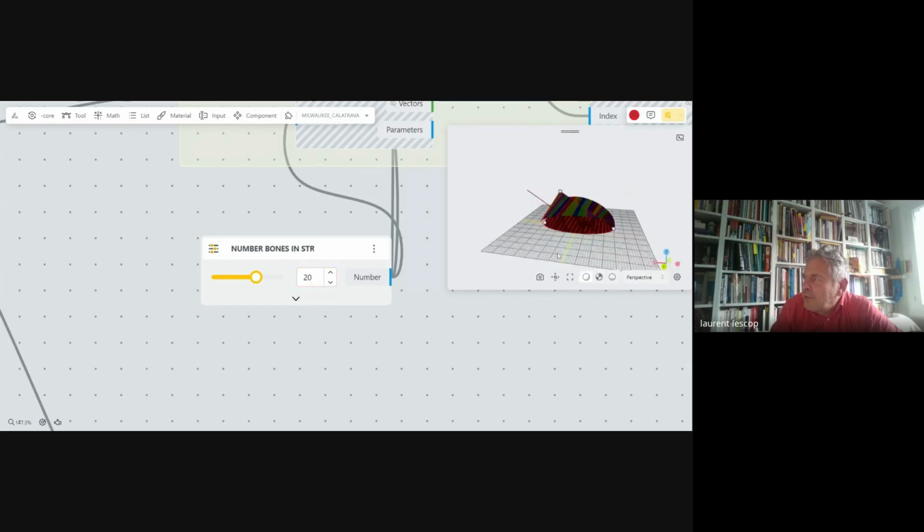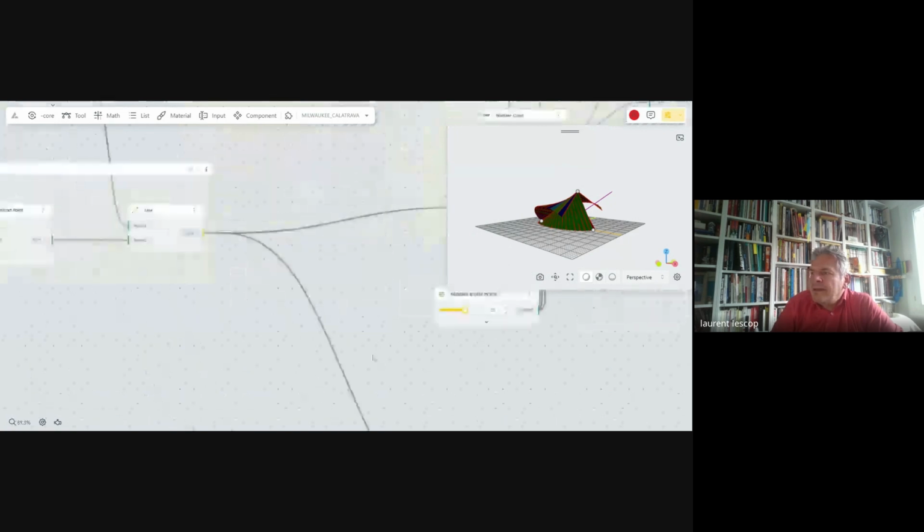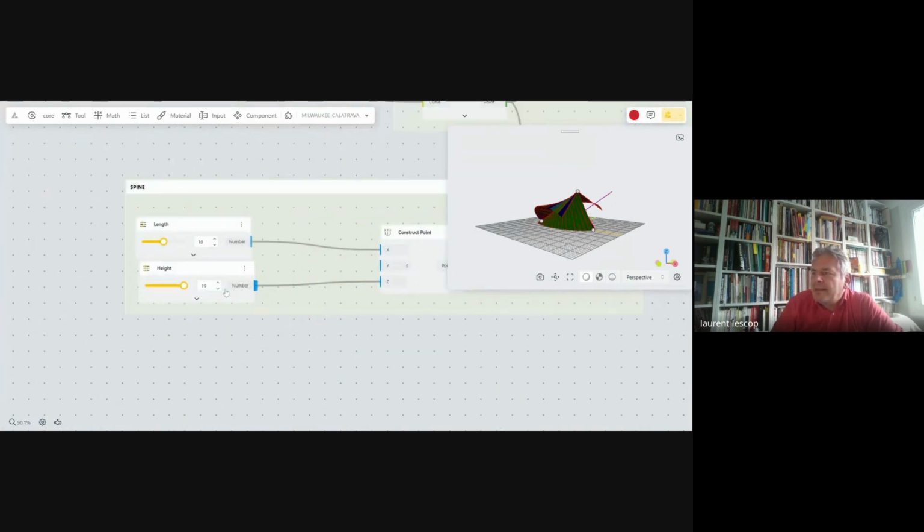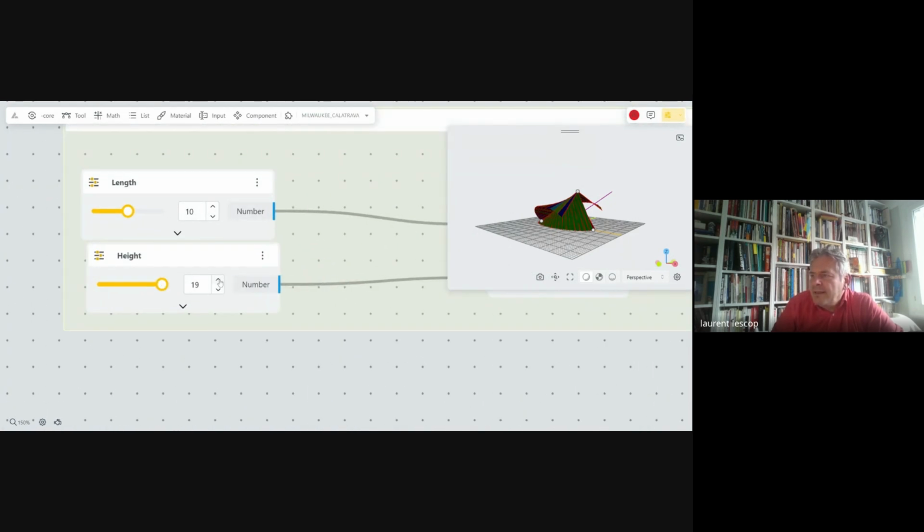Maybe it has to be refreshed, but it does work. Okay, and now if we go back to change these, okay, it follows. This works. I think there is a building which is very close to that one in Barcelona, like Calatrava too.